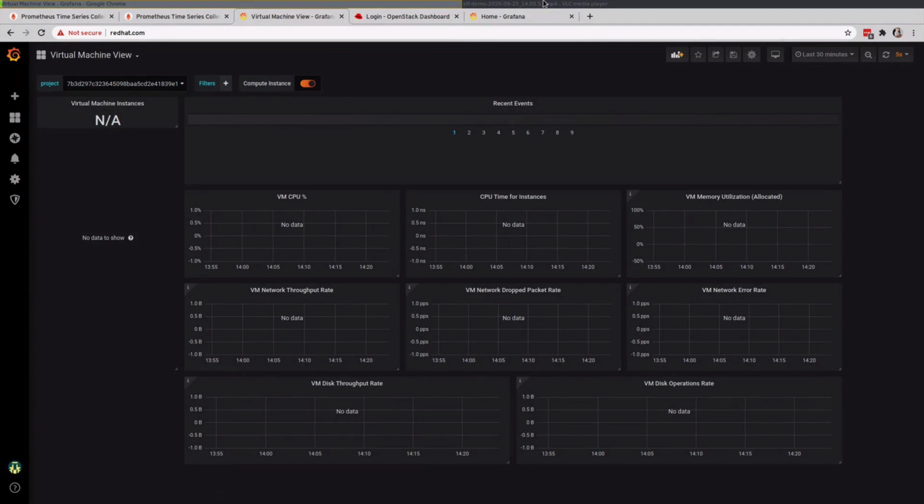This is the virtual machine view within a Grafana dashboard via the Service Telemetry Framework. The underlying system is an OSP 16.1, which is sending and collecting data via collectd and ceilometer. That data is transported via the AMQ Interconnect message bus and is stored into the storage backend, which is consisting